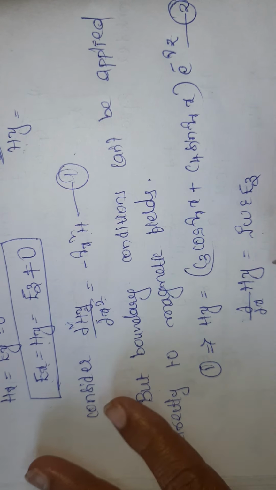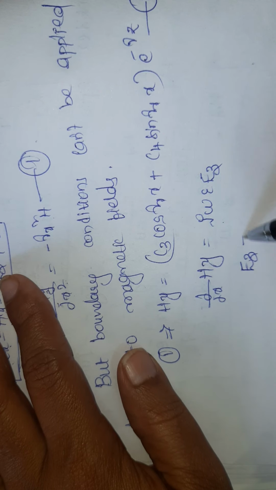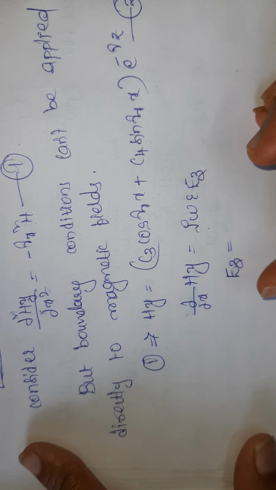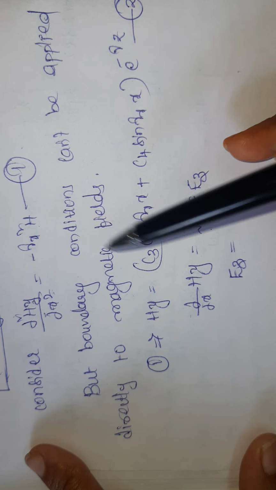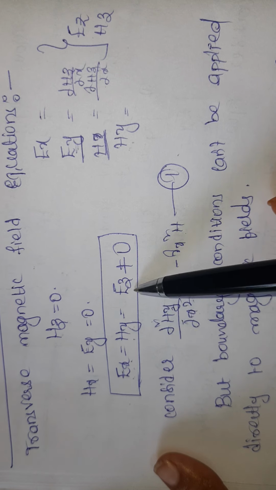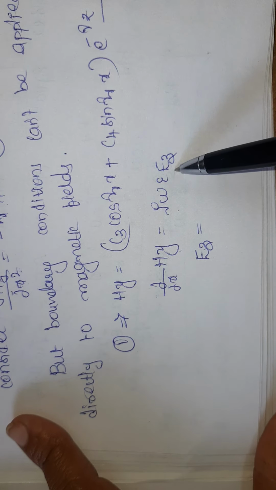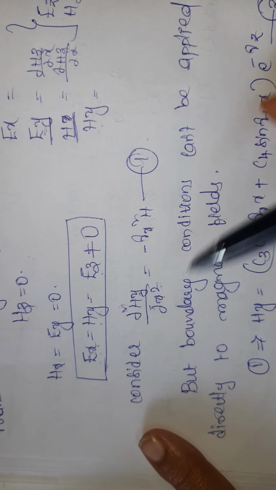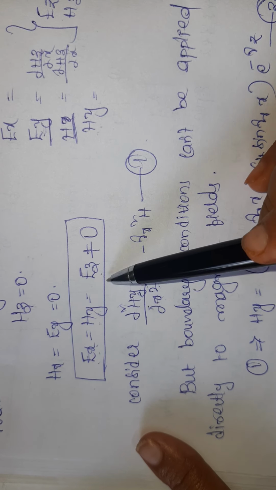So from this expression I am writing Ez is equal to. You have to take the equation, not only 16, such that it involves Hy and Ez. Now I have considered the Hy Ez equation. You may have the equation which involves Hy and Ex. I think it is equation 14. You can consider equation 14 also.